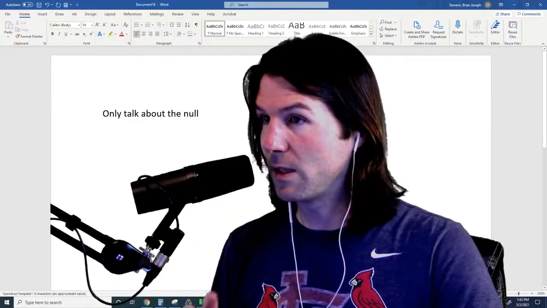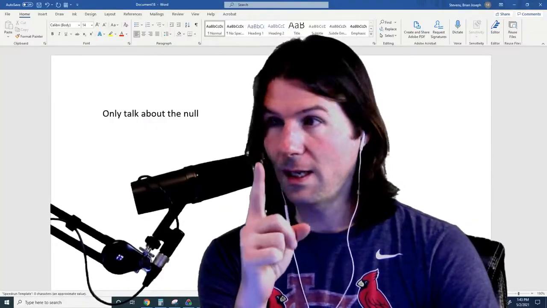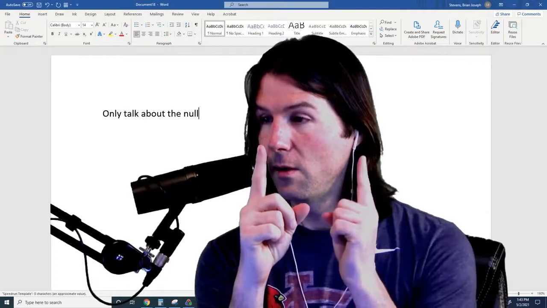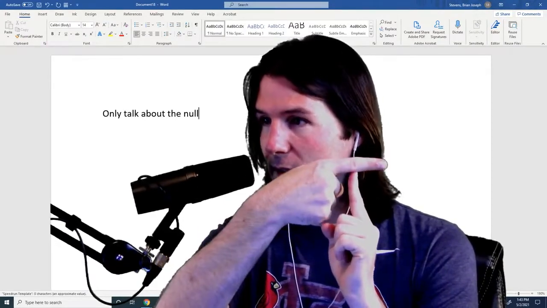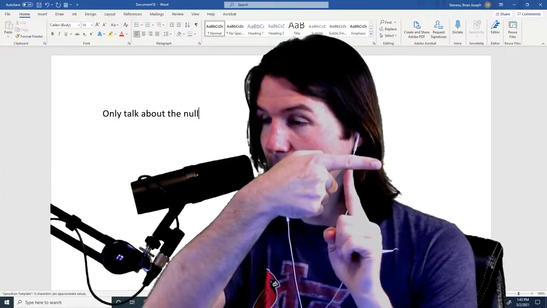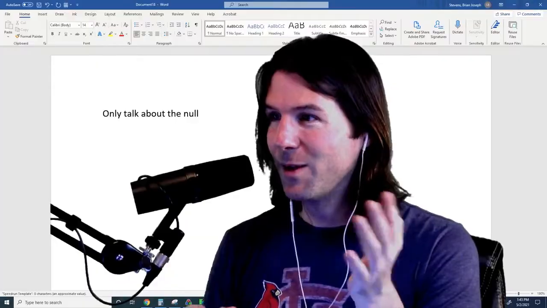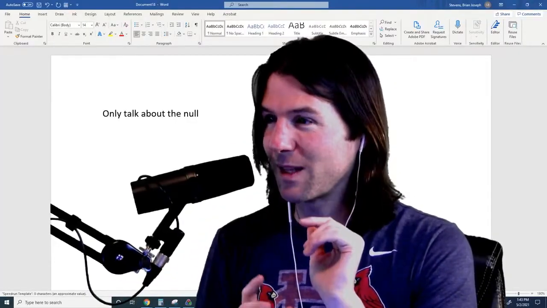So let's talk about the type 1, type 2 error. Type 1 error, that's what I'm talking about. In a type 1 error, the null is this. So what does this mean? What is Brian making right here? I've seen people do this during a test. I've looked around when we give it in auditoriums, and I see people doing like this and like this. We'll talk more about that second part.